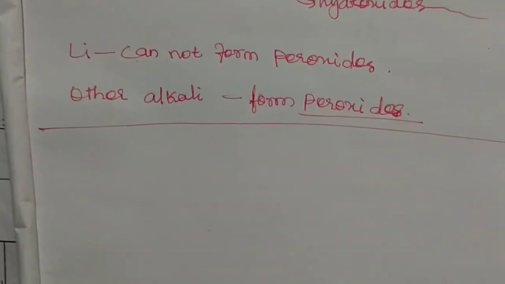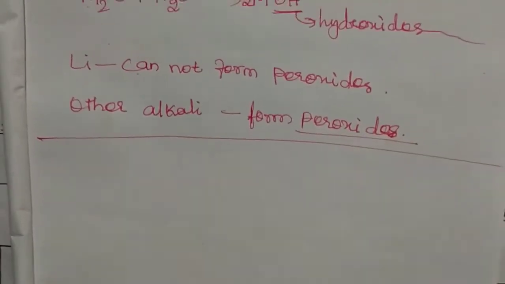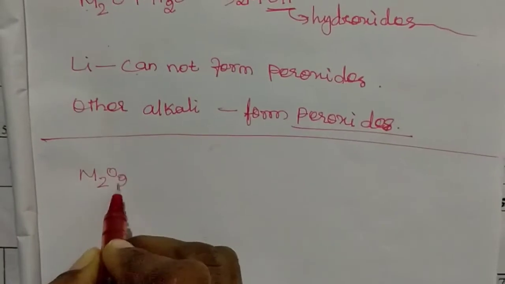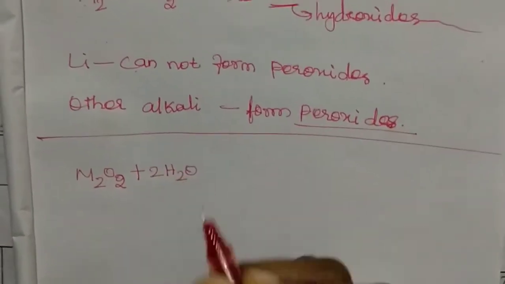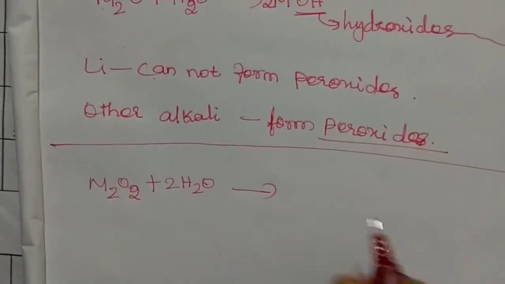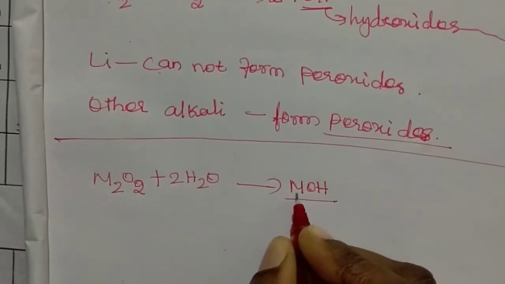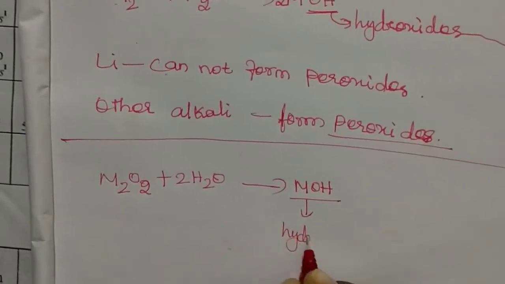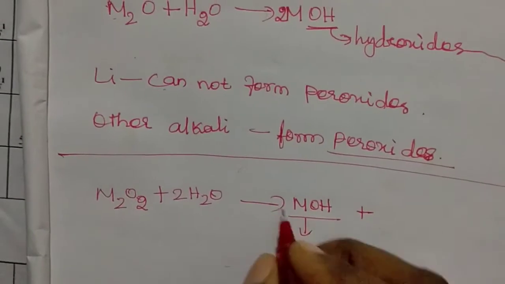In excess air, they form peroxide, not oxide. So that peroxide M2O2 is combined with water, and the result is MOH, which means alkali hydroxide, and hydrogen peroxide,